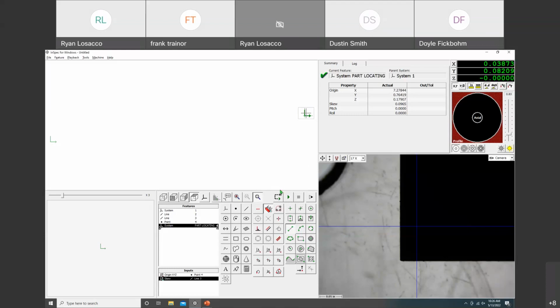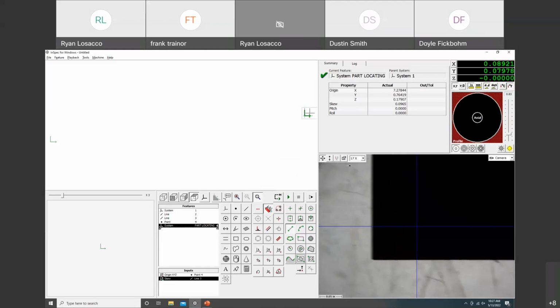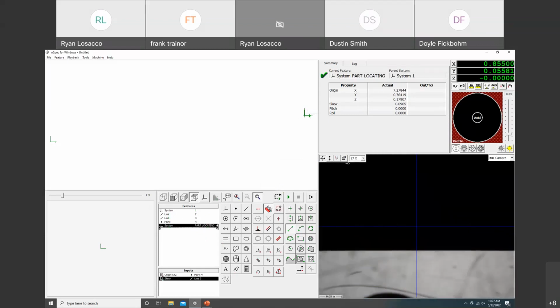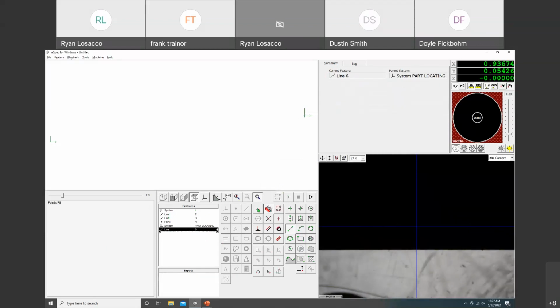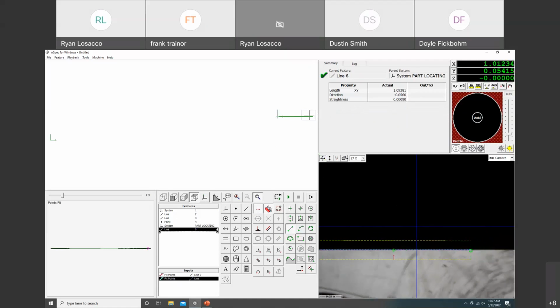And this is a good thing to do too with semi-automated programs. If it's not fully automated, you can do two quick lines. And then since we have a system that locates our part, now we can come down and measure more of this edge. So I'll do a new line, more inputs, and I'm going to click on that bottom edge. If you see in my inputs, it's taking that line on the very edge of it into account. And then I can add to that line and make this a longer